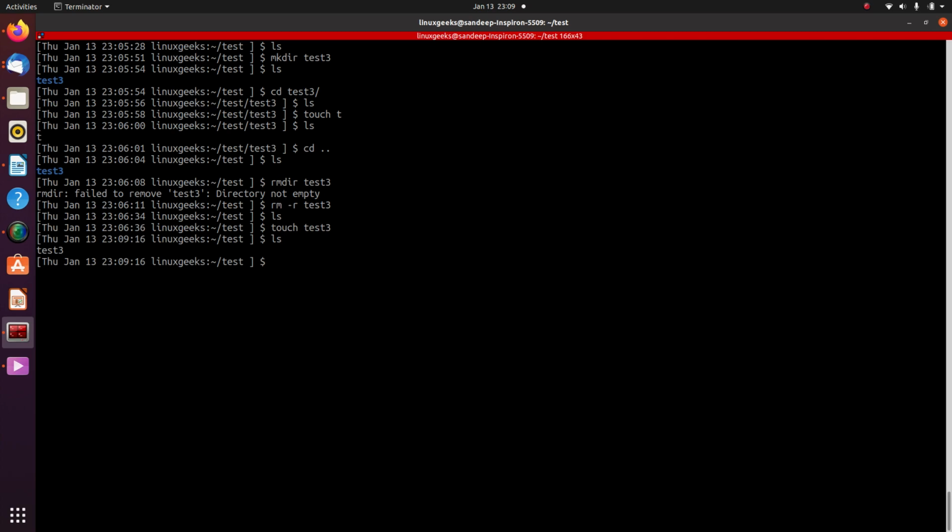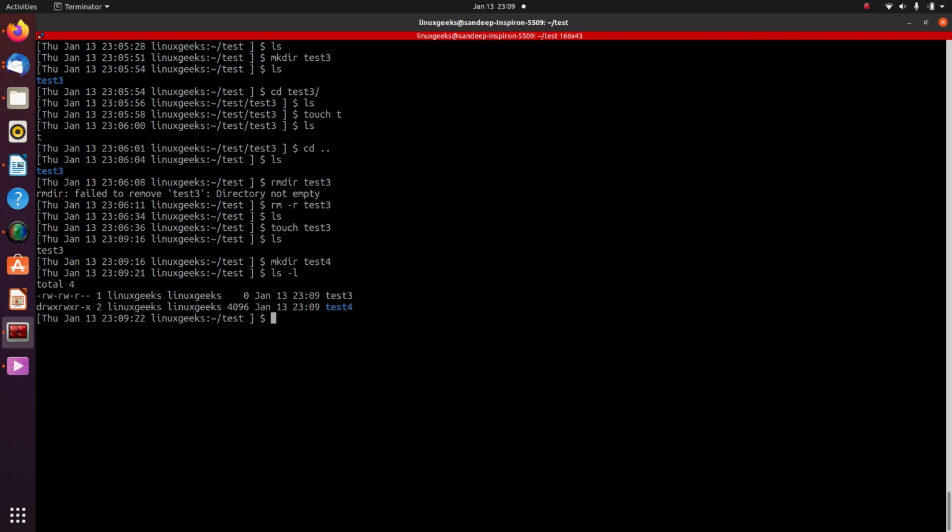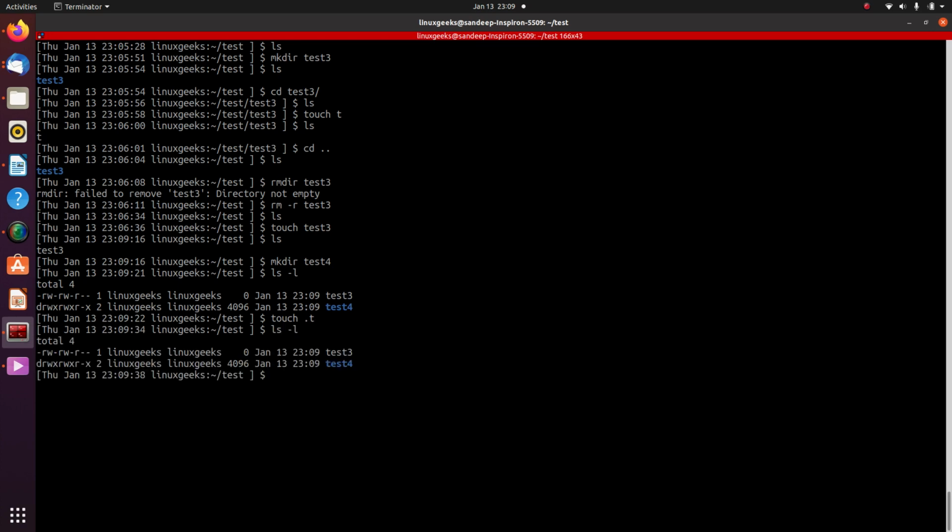Sorry, this is a file, let me create a directory. So now if I do ls -l, you can see that I have the test3 file inside this and the test4 directory inside this. But if I create a file with touch .t, then when I do ls -l, magic,